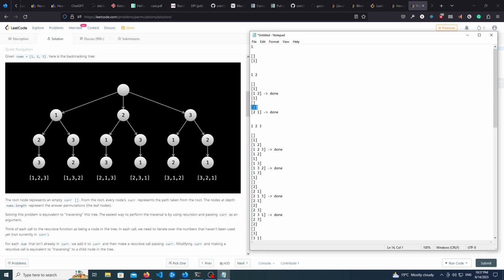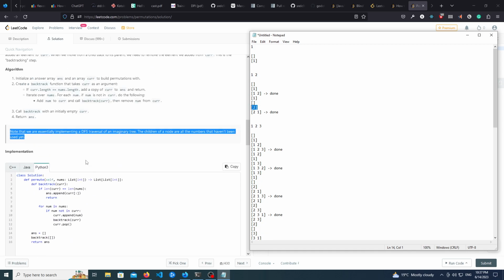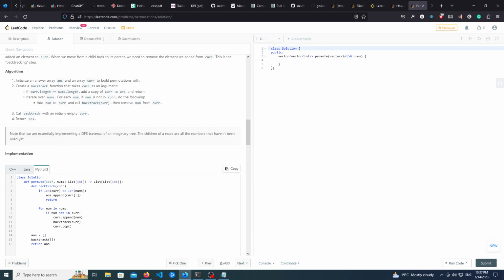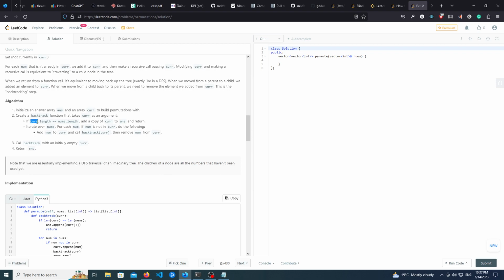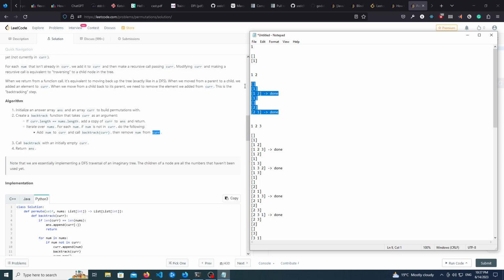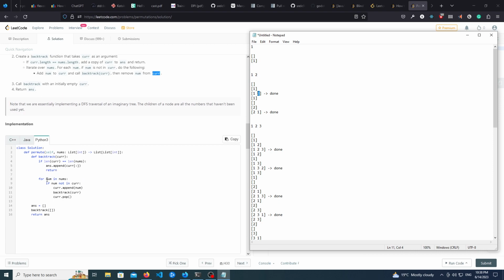For each number, iterate for each number, if number is not in cur, do the following: add number to the cur, and then that's the backtracking step where they will remove it. Add it, if number is not, then remove it, because here we remove it. That's the wrong way to see it. So for each number, if number is not in the current one,